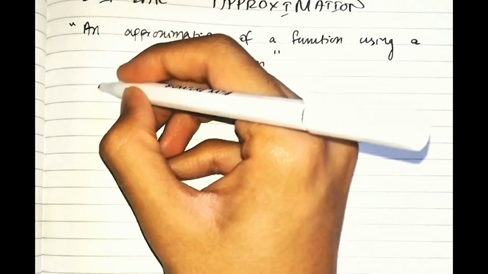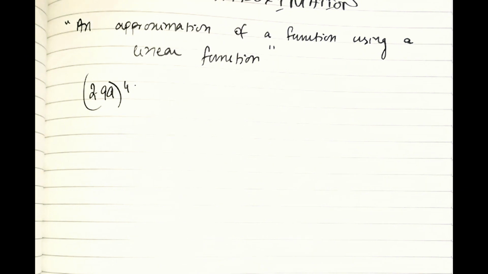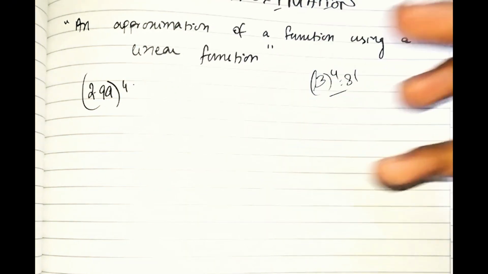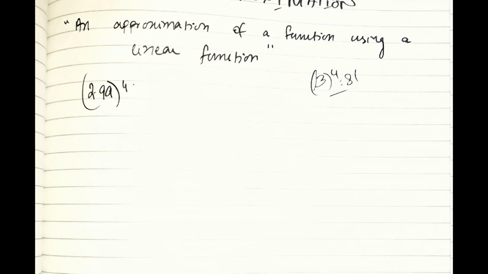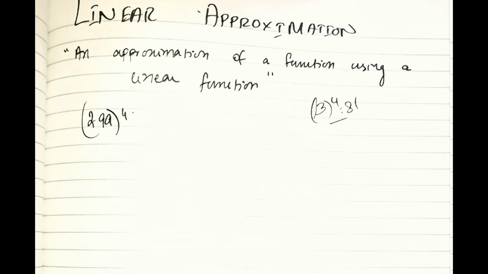Okay, so guys, in this video we are going to discuss linear approximation. Now tell me one thing, if we have a number 2.99 power 4 and I ask you to find the value of it without using the calculator, of course, most of you won't be able to do it because we know that 3 power 4 is 81, but what is 2.99 power 4? This is where the linear approximation comes into play,